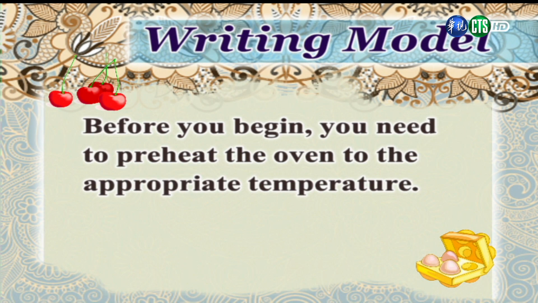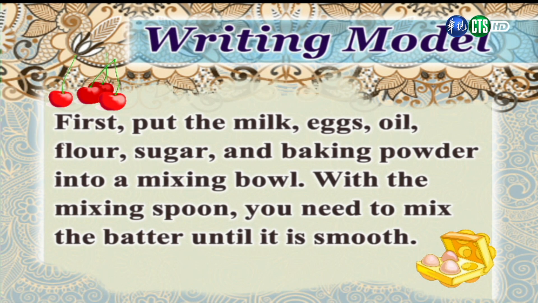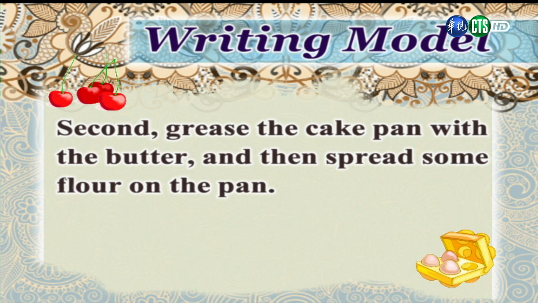Before you begin, you need to preheat the oven to the appropriate temperature. 在你开始之前，你需要先预热你的烤箱，使烤箱达到合适的温度。 You should gather your equipment and food items on the countertop or work table so that you can reach them easily. 你应该要把器具跟材料都准备好在你的工作台上，这样呢，你才能够轻易的取得你需要的东西。 First, put the milk, eggs, oil, flour, sugar, and baking powder into a mixing bowl. With the mixing spoon, you need to mix the batter until it is smooth. 第一步，先将牛奶、鸡蛋、油、面粉、糖以及发粉放进搅拌盆内。你可以使用搅拌用的汤匙来将蛋糕的面糊搅拌至均匀滑顺。